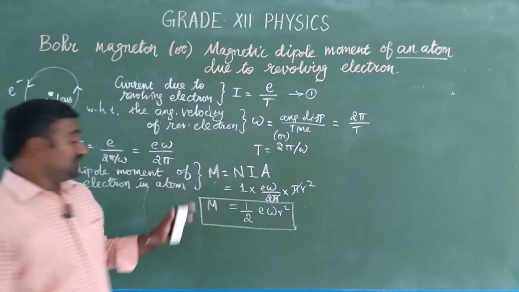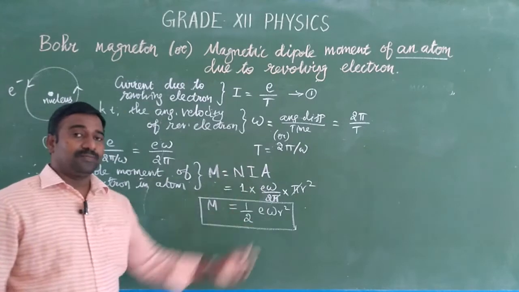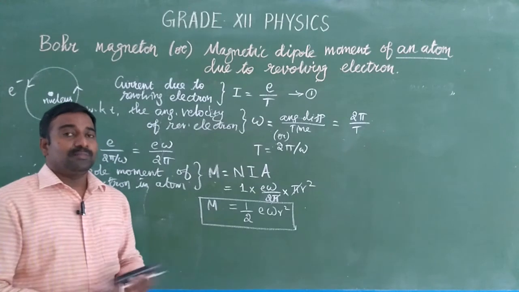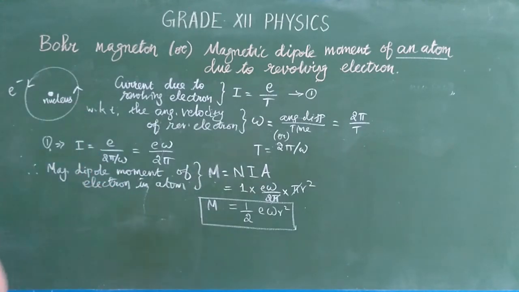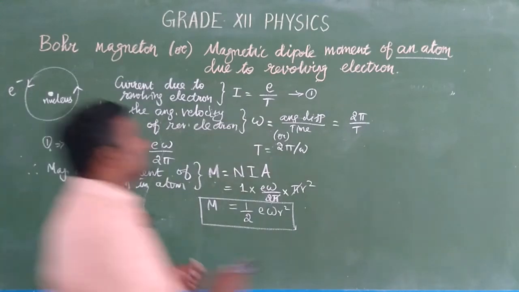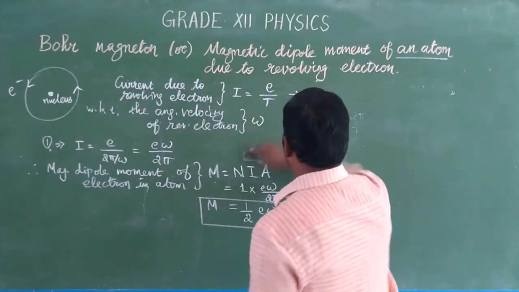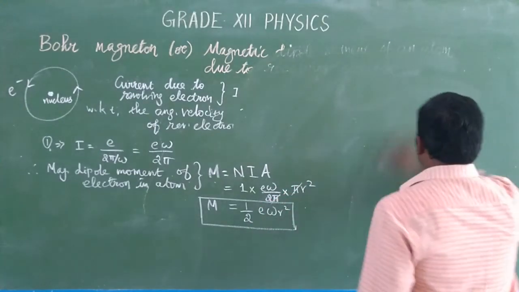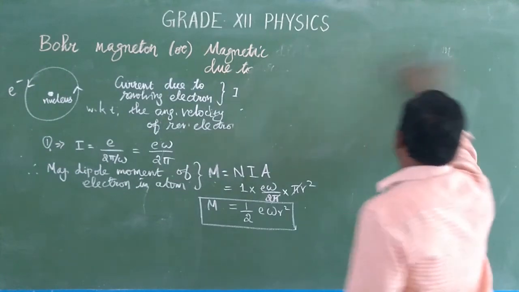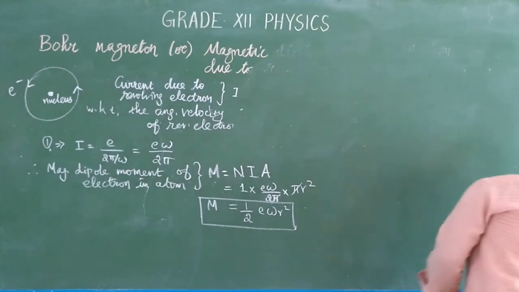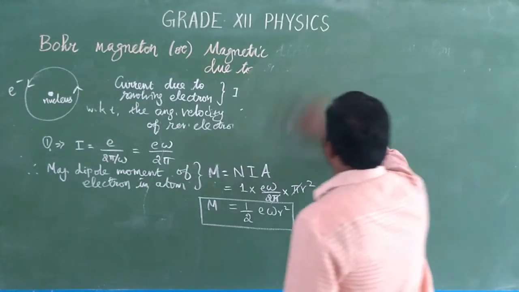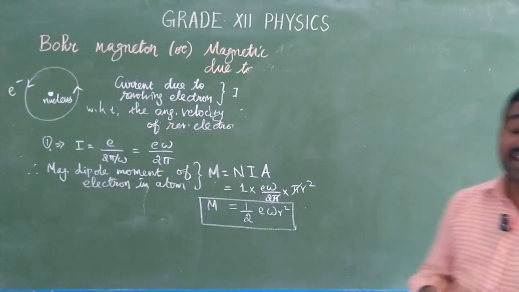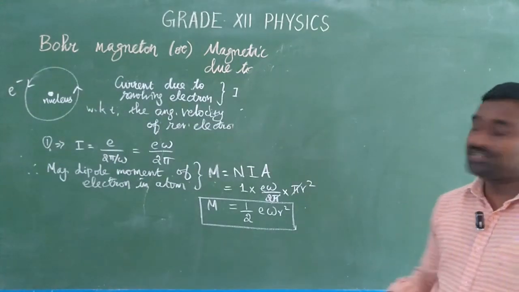But while the electron is revolving around the nucleus in an atom, we can bring in the concept of Bohr's postulates. What are Bohr's postulates? Already we know them. According to Bohr's postulates, he gave three famous postulates. Already we have discussed that in the atom lesson. For a hydrogen atom, every electron revolves only in a definite orbit. While it is revolving in the definite orbit, it does not radiate any energy. That particular orbit is called a stationary orbit.